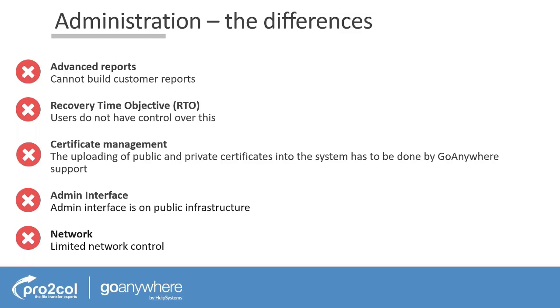Another thing that might be important to you is the recovery time objective. Given how critical some of this data is, the way it's delivered in SaaS is to flip this on its head. So there's a focus on the 99.9% uptime availability for you, but not necessarily the same degree of control that you have on-prem for agreeing what that recovery time objective is. So you might just need to think about that in your agreements with your business partners.